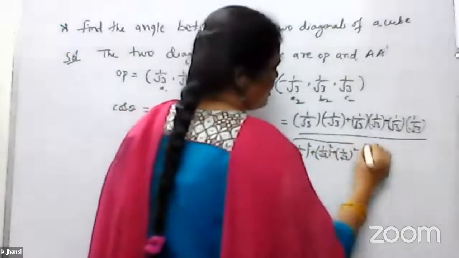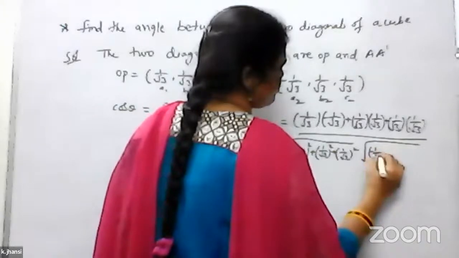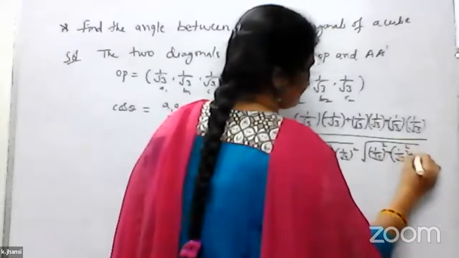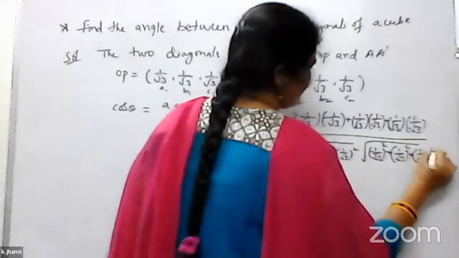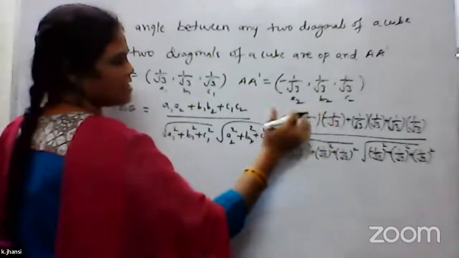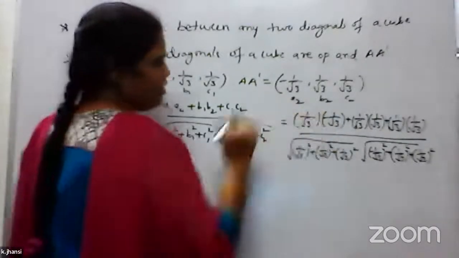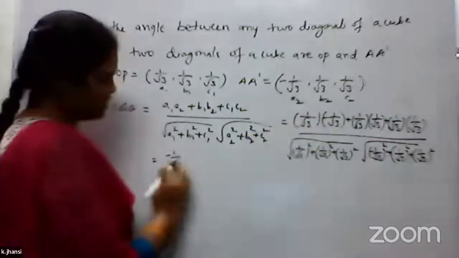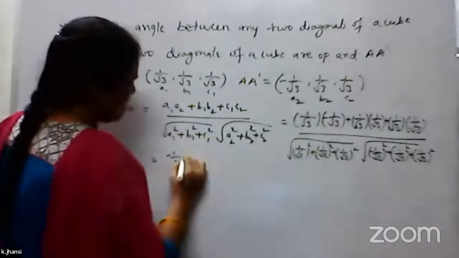And for this one, it is minus 1 by root 3 whole square plus 1 by root 3 whole square plus 1 by root 3 whole square. So cos theta equals, this is the minus sign, this is the plus sign, so you will get minus 1 by 3, root 3 into root 3 is 3,